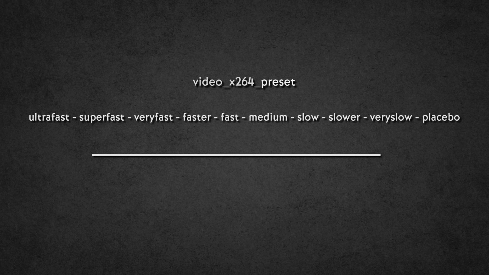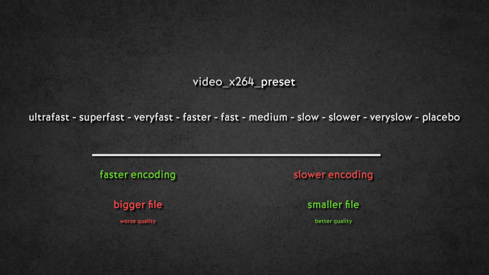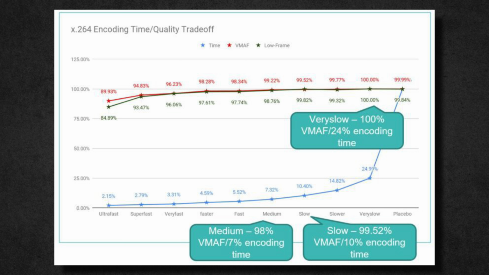Next up is the so-called preset that can range from ultra fast to placebo. It's another trade-off, this time between encoding time versus file size and a little bit of quality. It basically says how much time to spend after recording on compressing the video. The more time the encoder has, the more efficient the compression is, meaning a smaller file size and a bit better image quality. If you look at this graph, where the red dot is the perceived quality and blue is the encoding time, we see minuscule differences in quality from very fast onwards, but a noticeable increase in encoding time